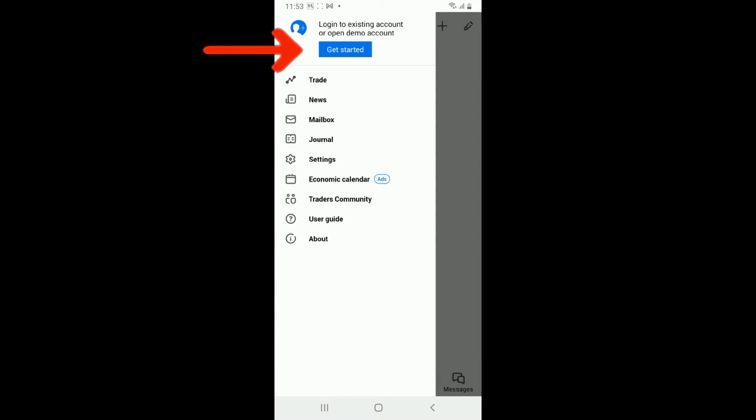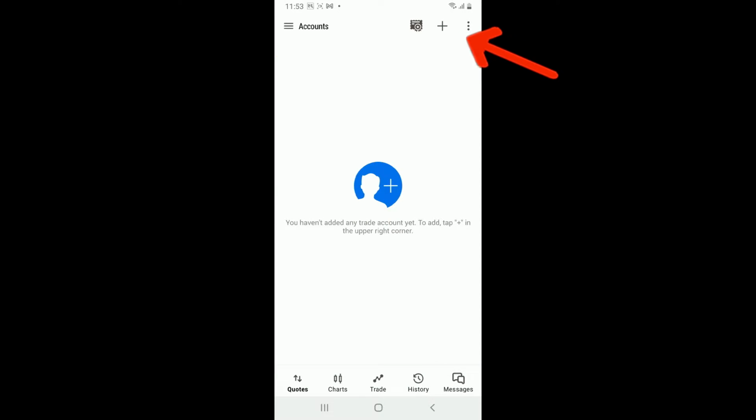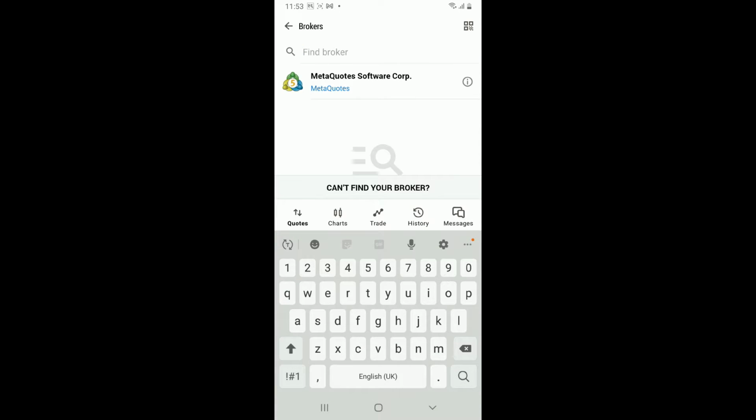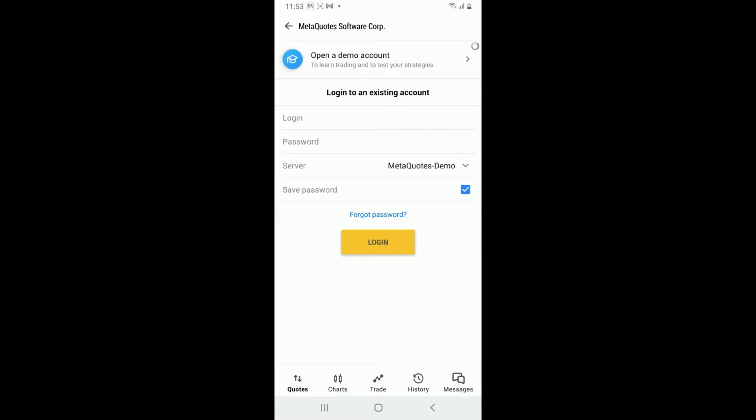Tap on Get Started at the top in order to log in to an existing account or to open up a demo account. Tap on the little plus icon at the top right once you get to this page. Find a broker in the search box or simply select MetaQuotes Software Corp and click on Open a Demo Account